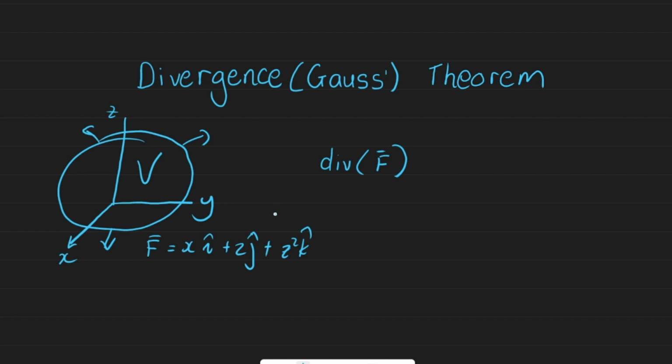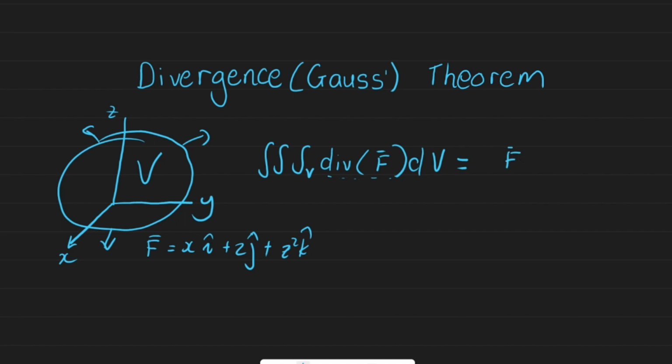What the divergence theorem says is, if we take the divergence of this vector and find the triple integral of it along this region, if we find the volume integral of the divergence of this vector field, it's actually equal to